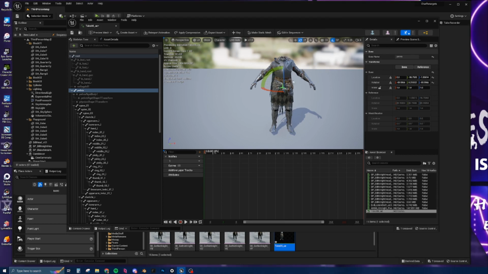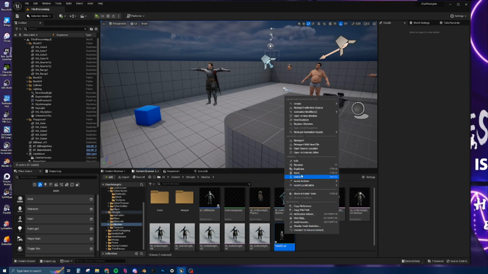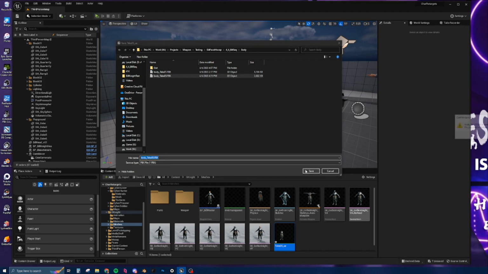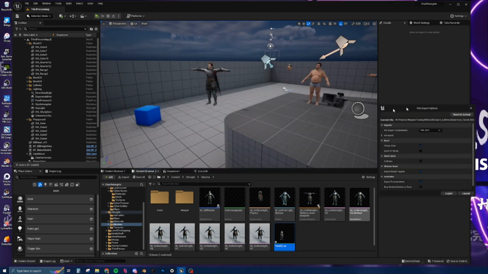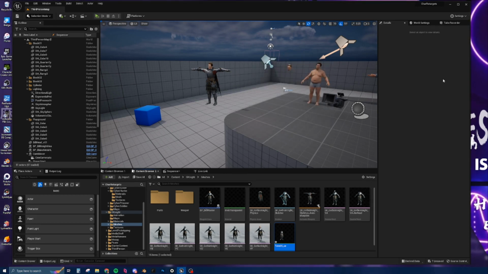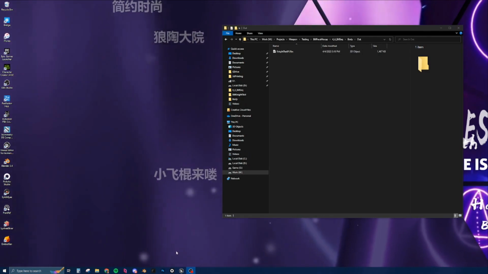But I can export this back out, just simply asset actions export, and let's see, I've already done it here on take 5, but we'll do it again just so you can see. Yep, I want to replace that. So you can see my settings here. It's nothing special. I just want to make sure that the preview mesh is with it. I don't want level of detail or collision, because we're not going to bring any of this back in. We're just going to bring the skeleton back in to Unreal. So all this should be fine. I'm going to hit export and let that happen, and then definitely minimize this time, right? And then go into